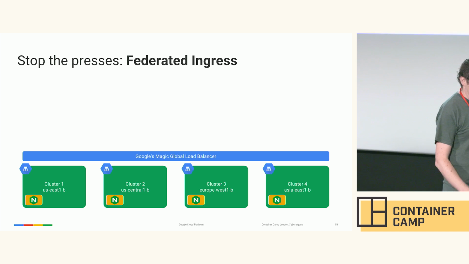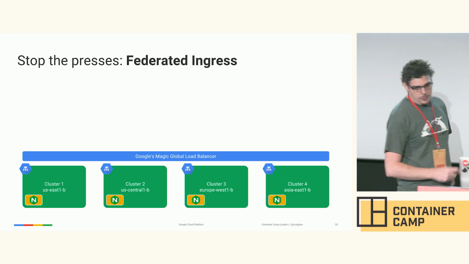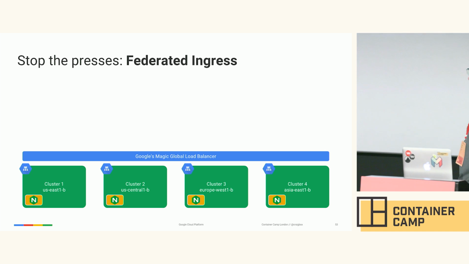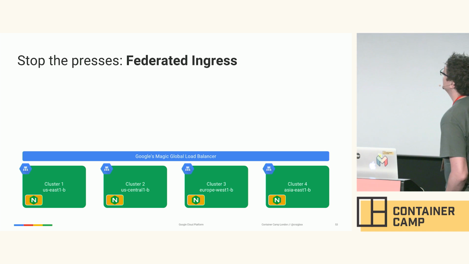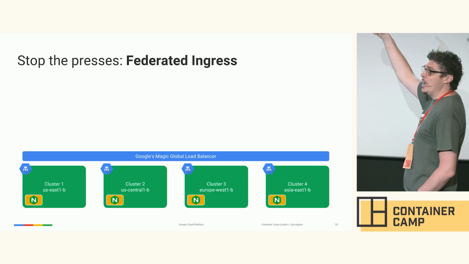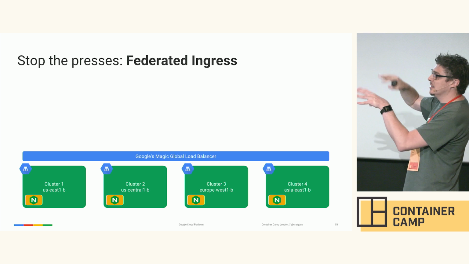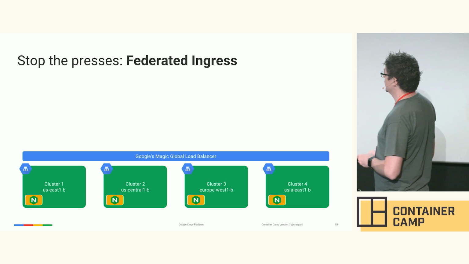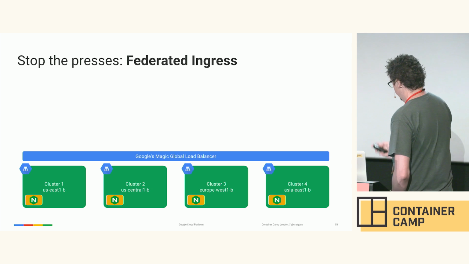Something very, very cool which is coming out in 1.4, if you happen to be a cloud provider which runs a global load balancer, and there's only one that does at the moment as far as I understand, you can use the ingress to provide a single IP endpoint, which is available and handles that. So you're no longer doing DNS-based replication, and that can address all of your clusters.